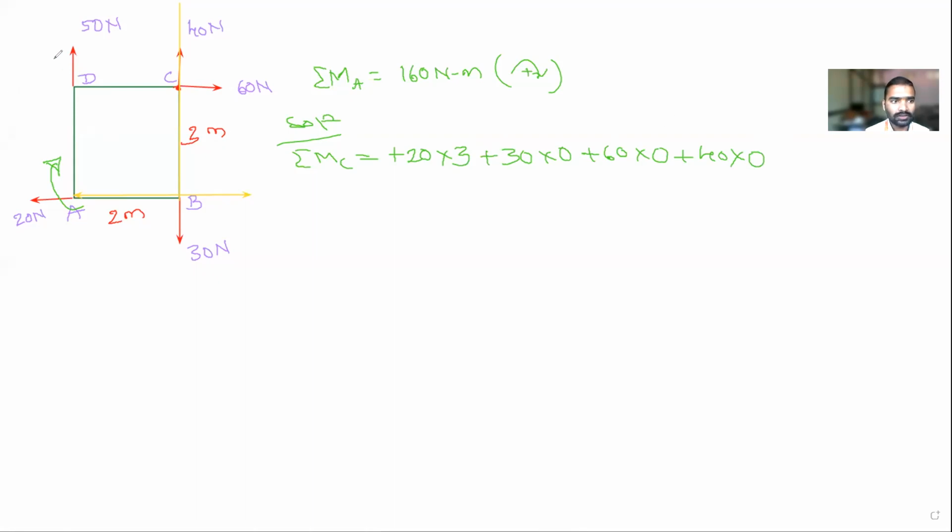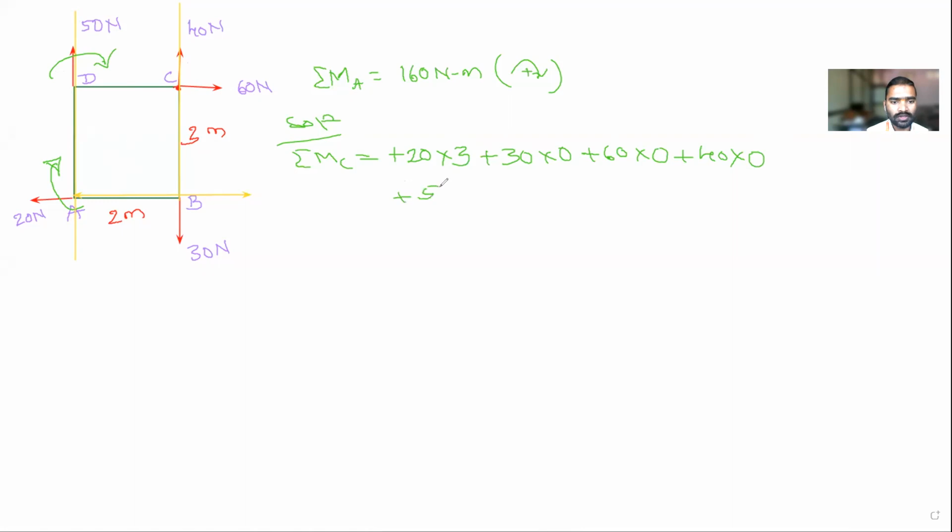Next, I will consider point D. So the line of action of the force D is how it is? It is in the vertical direction. This is the line of action of the force, and the point is here. The perpendicular distance is how much? It is 2 meter. Is it producing clockwise or anti-clockwise? Clockwise. This point is fixed, so it is rotating like this. Hence, it is producing clockwise.